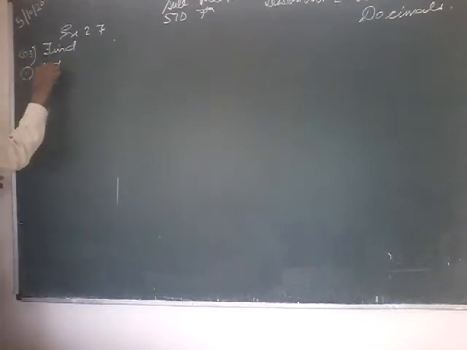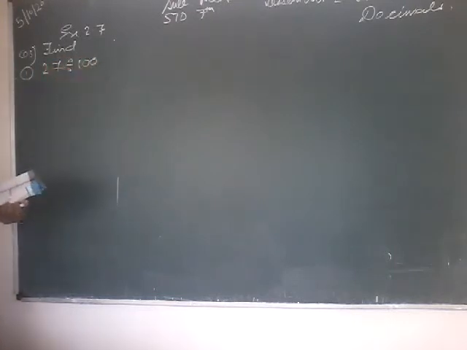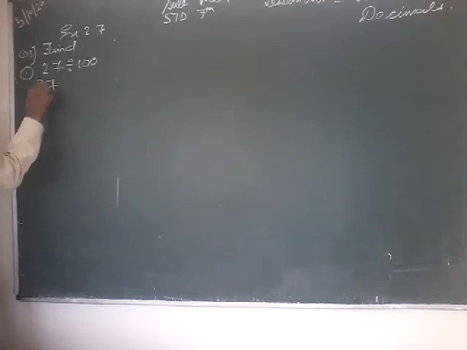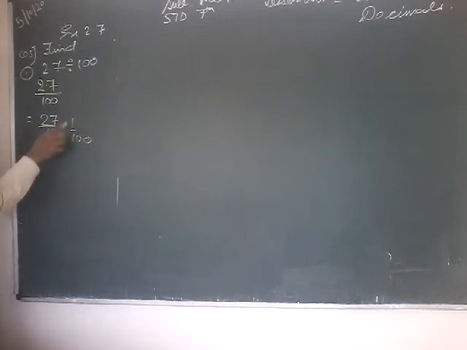Question number 3, I am explaining. Again find. First question is 2.7 divided by 100. Same method, 2.7 upon 100. There is one decimal, so we will write 10 here upon 1 by 100, because we are dividing it by 100 and this 10 is coming to remove the decimal. 27 upon 1000. How many zeros are there? 1, 2, 3. Count 1, 2, 3. This is the answer of this question.